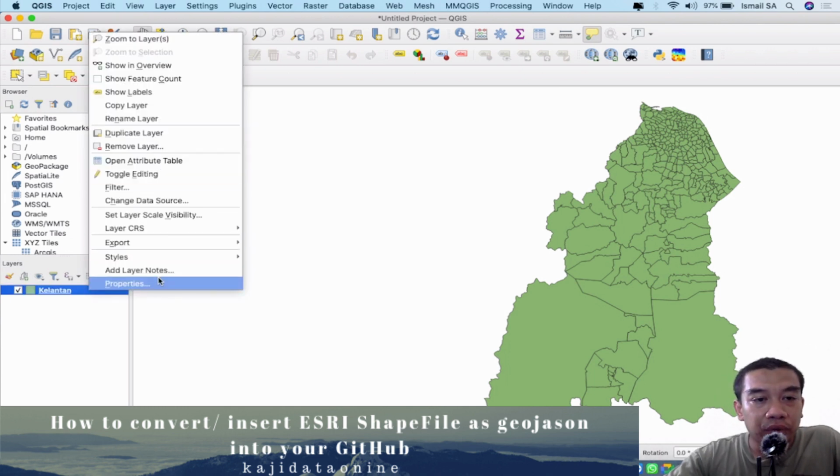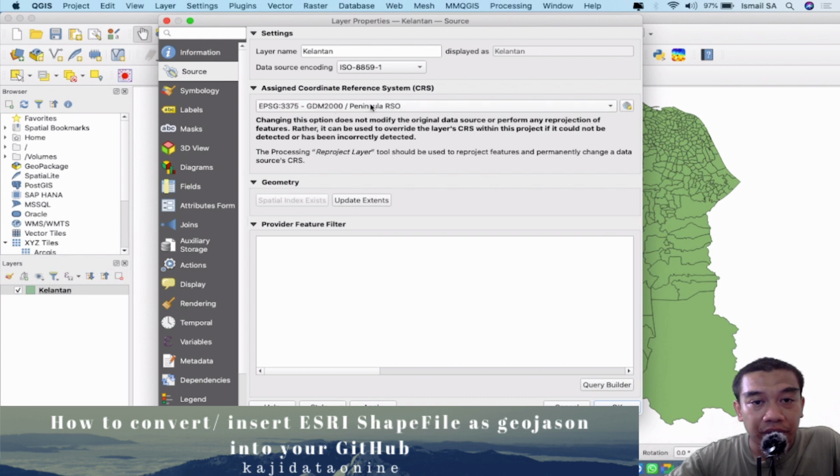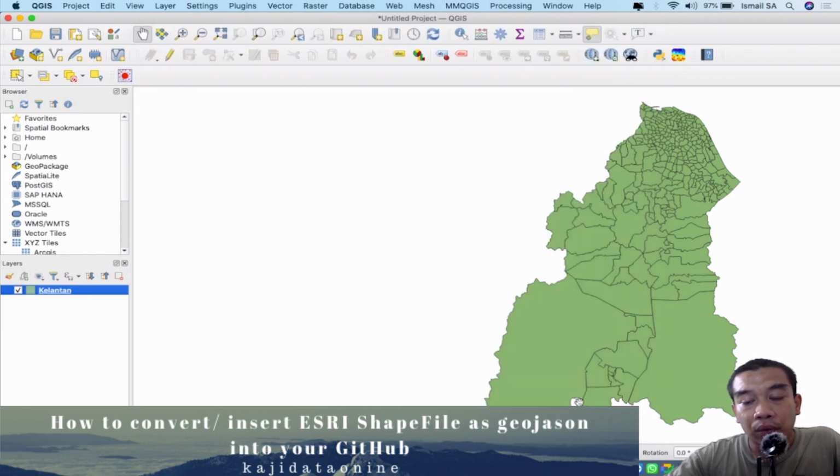I can go to the properties over here and have a look into the CRS format of this particular source. Okay, so this is EPSG 3375, GDM 2000 Peninsular RSO. When you want to transform into a different format, let's say you want a format that can be suited for OpenStreetMap, Google Map, Google Earth and something like that, you might want to convert it into a